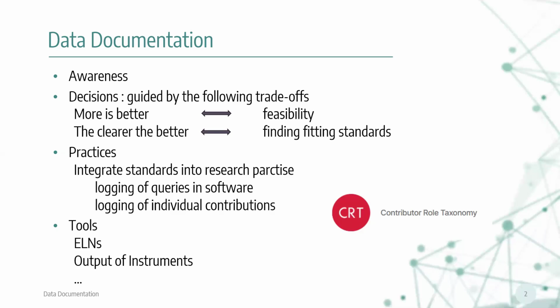retrace your steps in the research and you can see who contributed what, which is absolutely necessary to know once you're writing up your article afterwards and you're trying to give credit where credit is due, using things like the contributor role taxonomy, which needs to be kept in mind from the start to be filled out properly. So you've got all these things in mind, and then you go and try to choose your tools, use your ELNs,